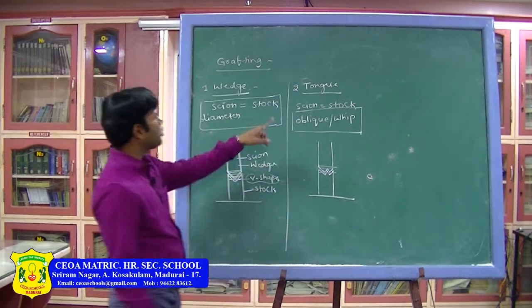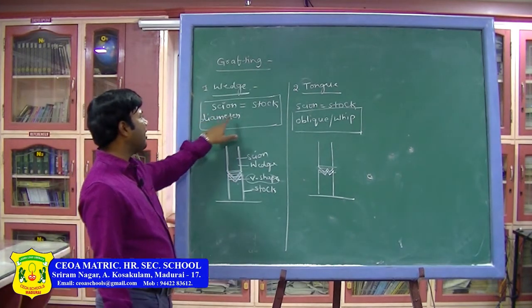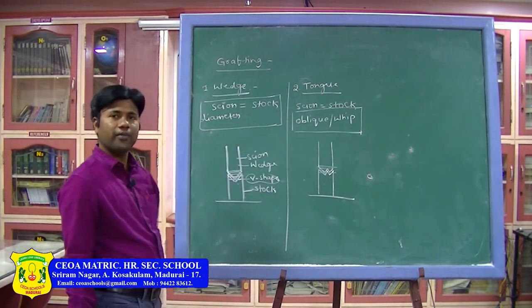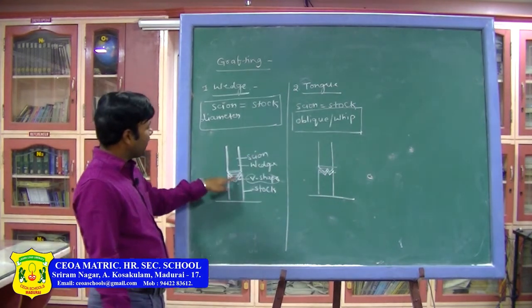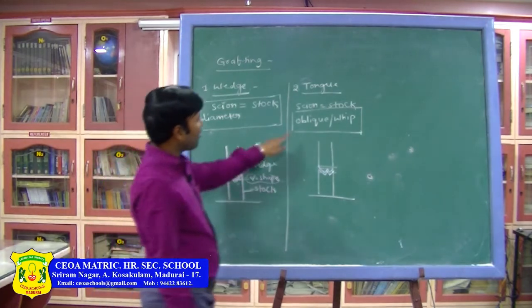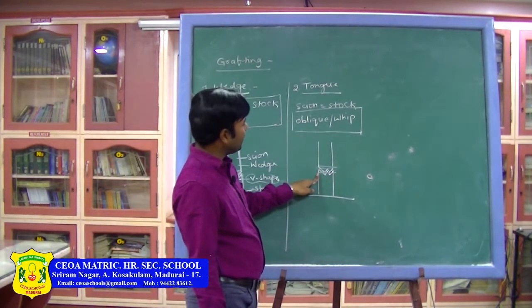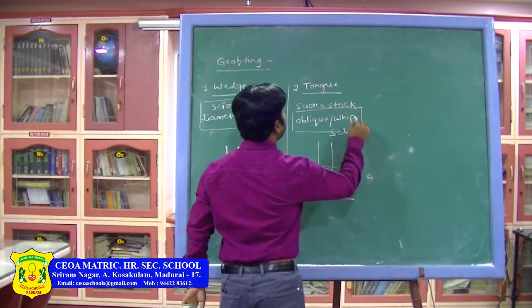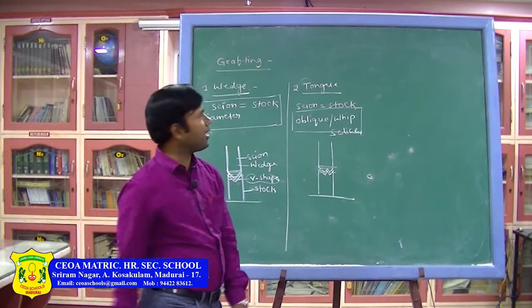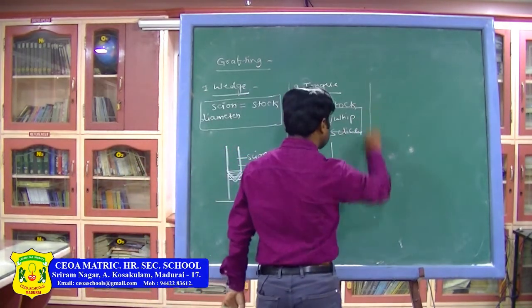So in these two types of grafting, what we have seen is that the scion diameter and stalk diameter are the same. But the cut portion is different, no? Here V-shape cutting will be there. Here oblique or whip shape. Oblique or whip shape cutting, you can slice. It is also called a slice cutting. Oblique, whip or slice shape cutting you can see in the conjugate grafting.